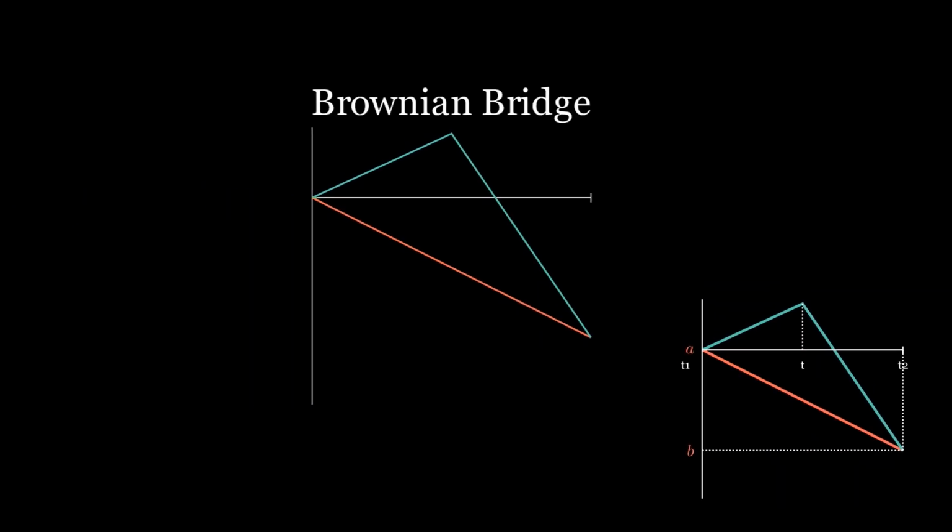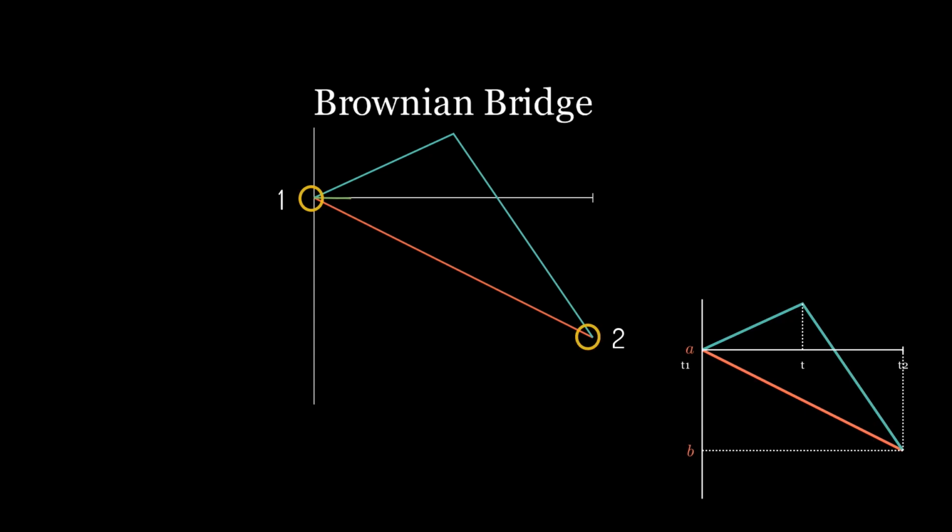So now we have all that we need to simulate Brownian motion using a Brownian bridge. We pick a starting point 1 and simulate the second point. We learnt how to simulate normal random variables in the first video, simulating Brownian motion. The third simulated point occurs at the midpoint of t1 and t2. This is where we use the formula for the distribution of the Brownian bridge to get the mean and variance